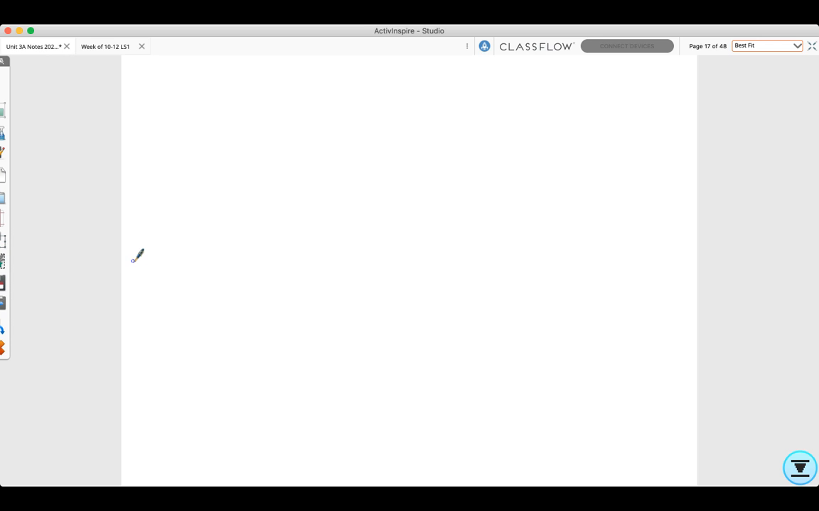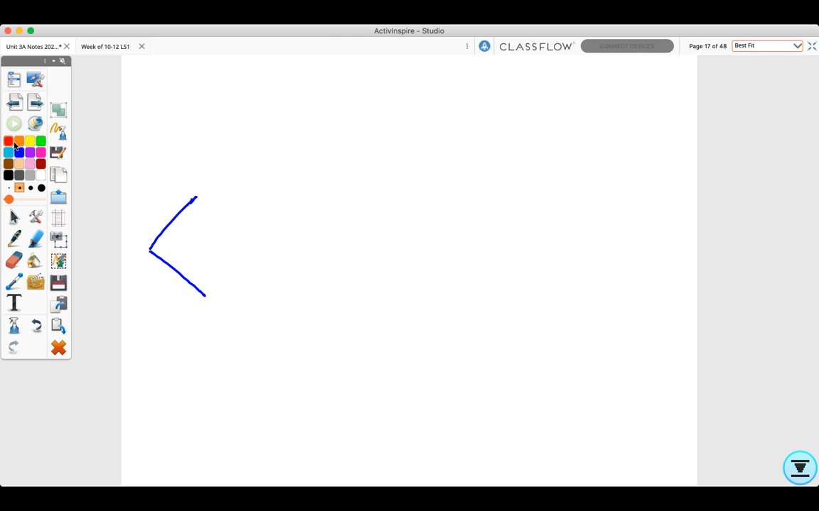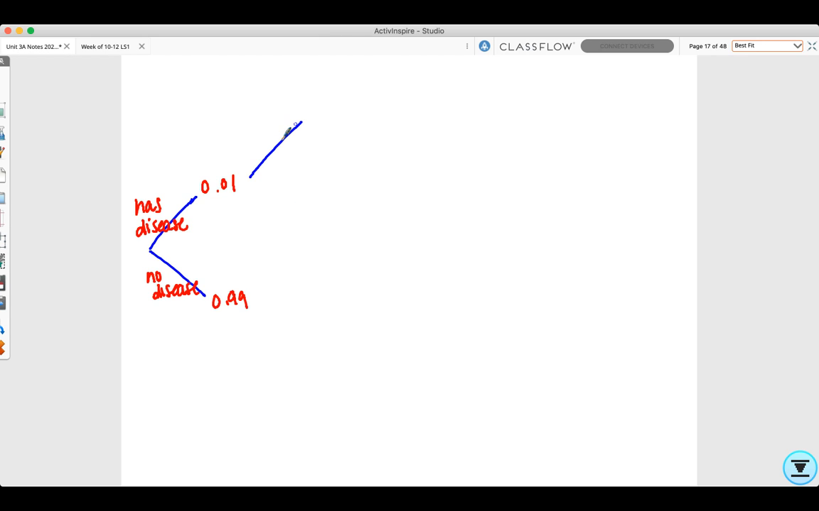So first we need to start with David's population. In David's population, there's two different probabilities. One, that the people in his population have the disease, and that is 1% of the people. And then do not have the disease, and that is 99% of the people. Then, going off from each one of these,